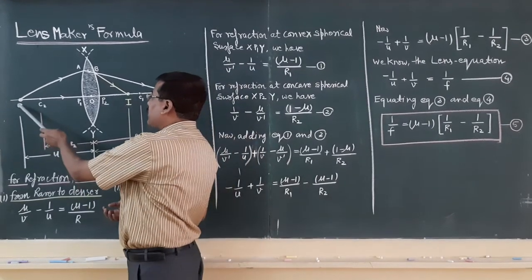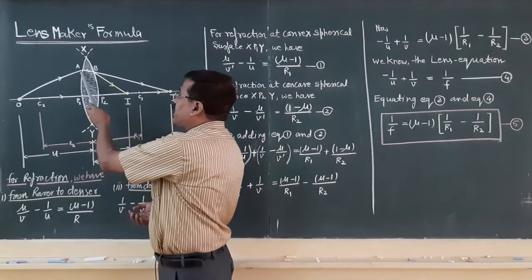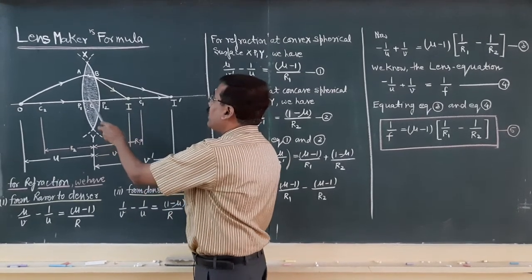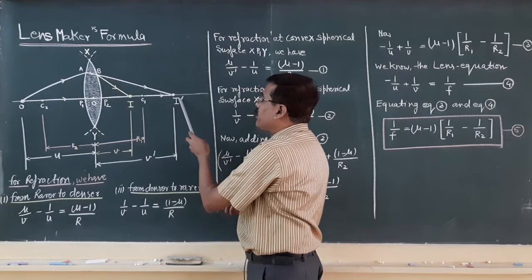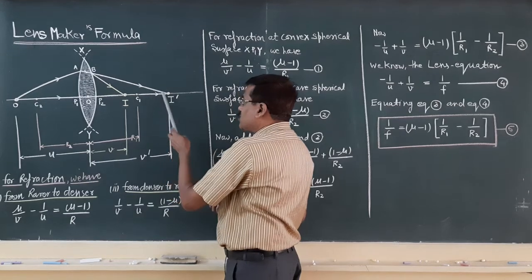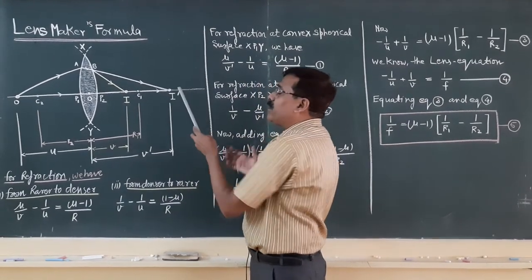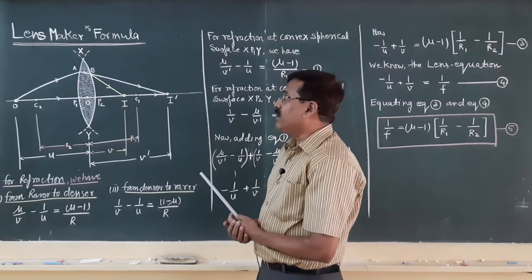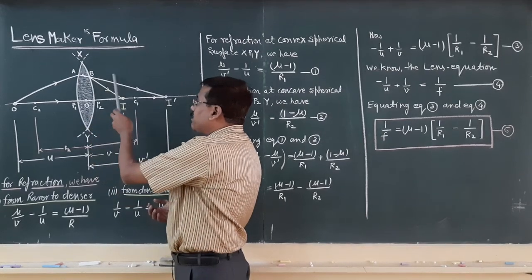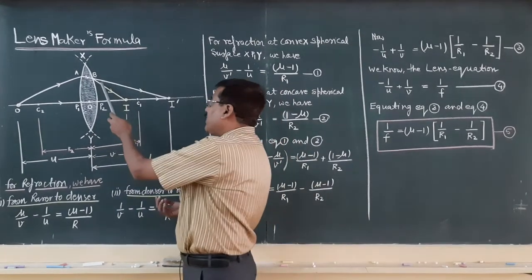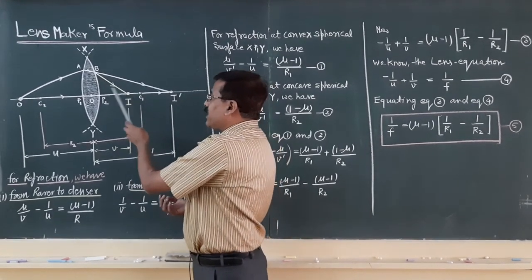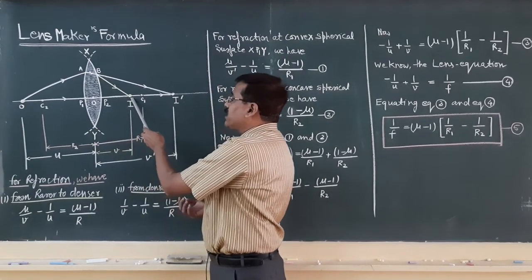So, for the intermediate image, the light coming from the object strikes at point A, and if we assume the medium is continuous beyond XP1Y, then the image will be formed at I dash. The second light ray coming from the object intersects the first at I dash. So, I dash is the intermediate image, but the second refraction took place at surface XP2Y because the medium is not continuous. So, the second refraction took place at point B, and the refracted ray, this yellow light ray, and these two rays intersect each other at I.